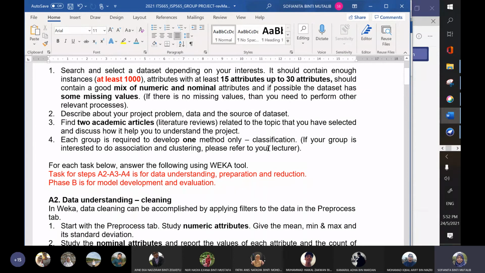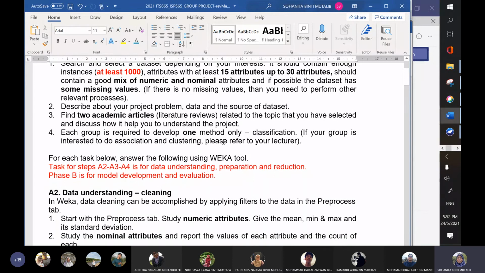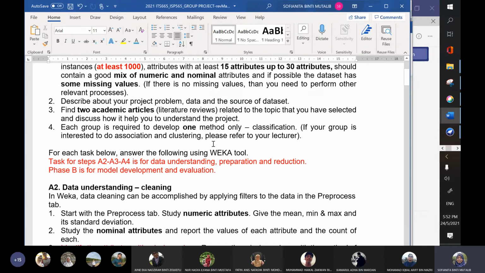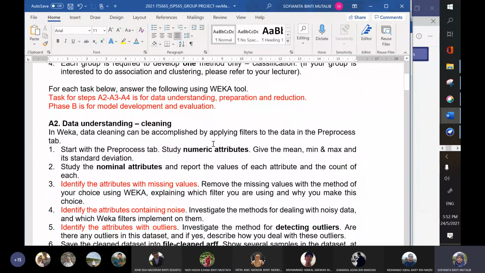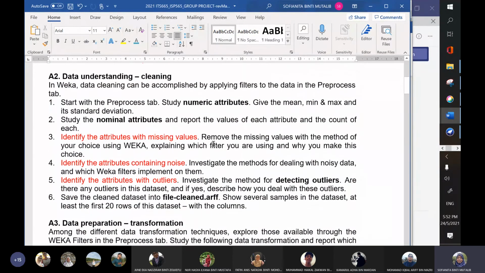To be fair to everybody, why not you just focus on classification. But clustering is also good because it is relevant to the unsupervised method. But it's open to you, terbuka, ikut pada your decision.